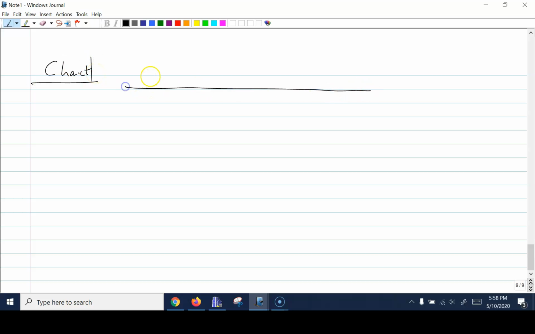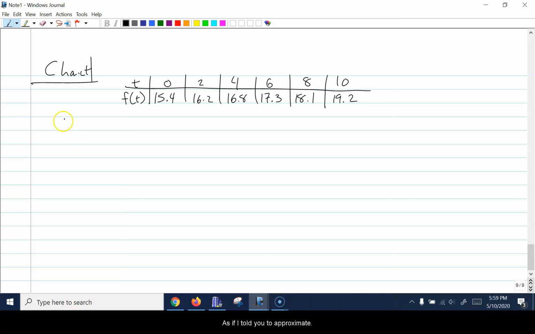I'm going to hand you a function that you don't have a formula for. And let's say this is 15.4. This is 16.2, 16.8, 17.3, 18.1, 19.2. And if I told you to approximate f prime of 8,